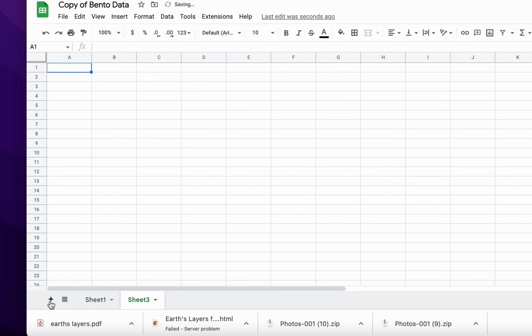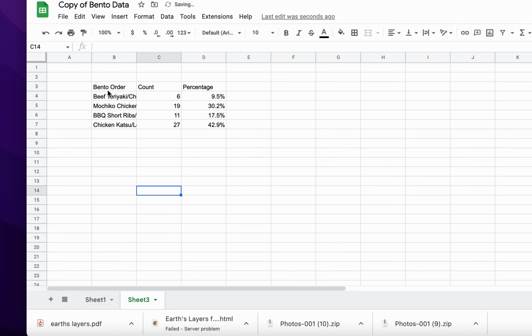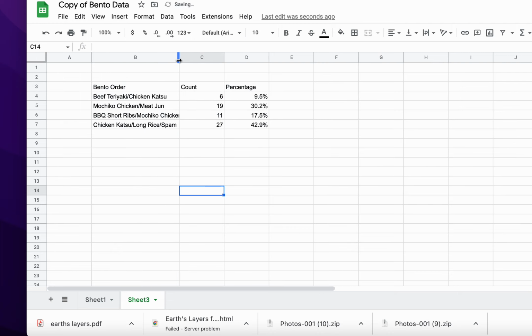Let's copy and put this into a new sheet. Boom, easy peasy. I got it onto a new sheet, and I will make this larger so that I can read the entire order of the bentos. Now the counted percentage, I will align it to the right because my numbers are aligned to the right, and make this nice